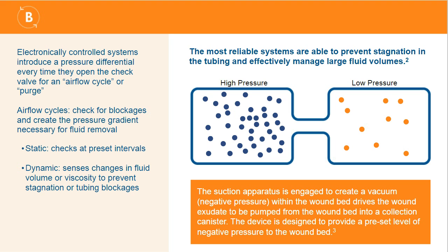Through physics, the material and matter will always move from an area of high pressure to low pressure, as you can see in the model here. The area on the left with the blue dots is the high pressure. The area on the right with the orange dots is low pressure. And once these two areas are connected, you will always see the matter move from high pressure to low pressure